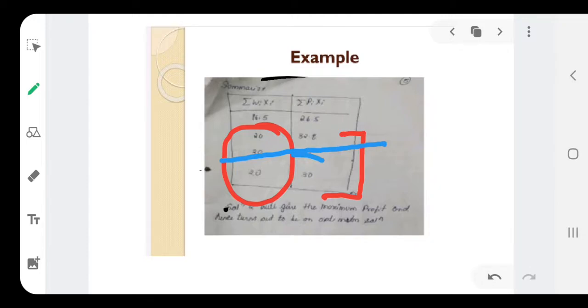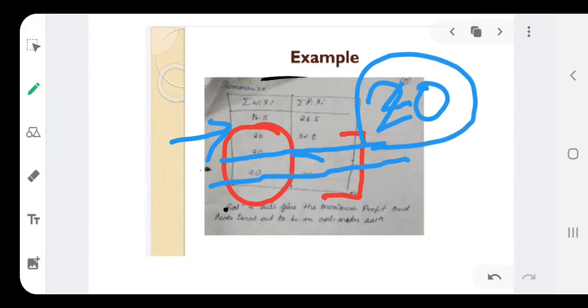Now we check the fourth solution. Here we are getting a profit value of 30, so this solution also we are going to discard. What remains is the second solution, with which we get a maximum profit of 32.8 and we are carrying 20 units in the knapsack. In short, the knapsack is full and with the full knapsack we get a maximum profit of 32.8.